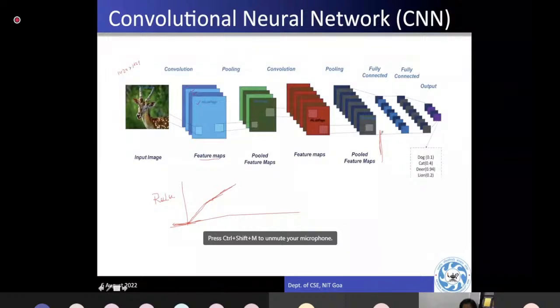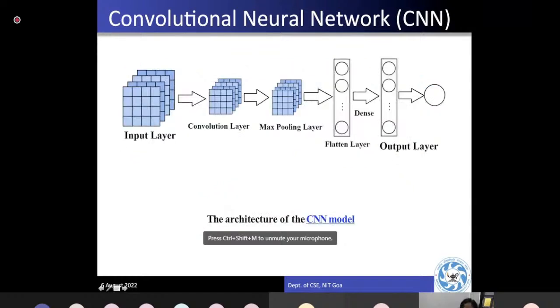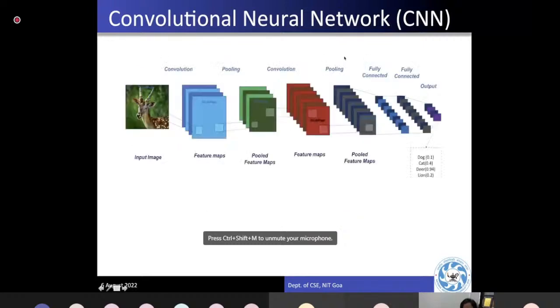Now the second part is the prediction part. Prediction starts from here, the fully connected layer. What is the flattened state, right? In this picture it is the flattened state. Whatever data we have after max pooling, we make it flattened, meaning just a one-dimensional array. So instead of multi-dimensional data, now it is one-dimensional data input to